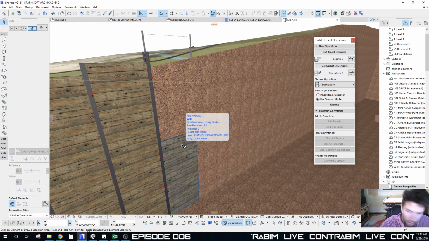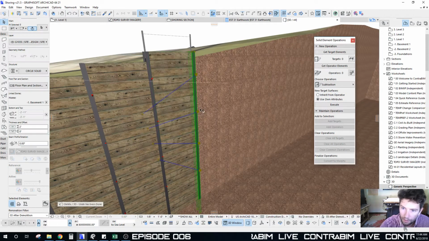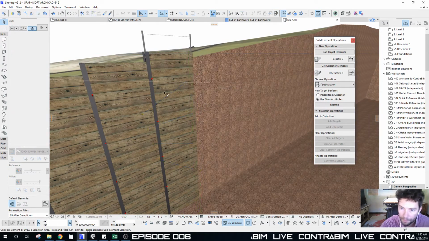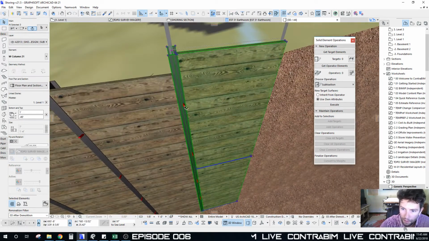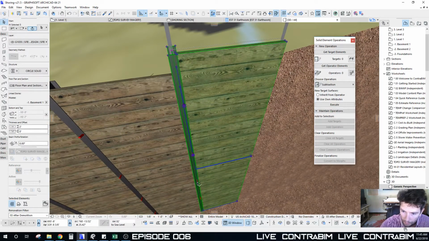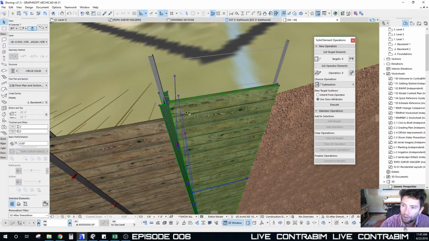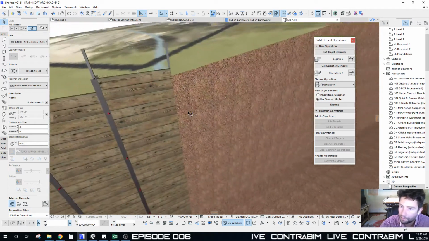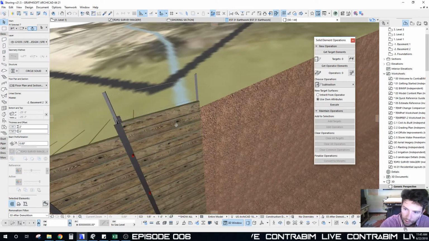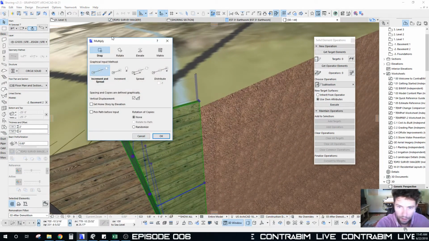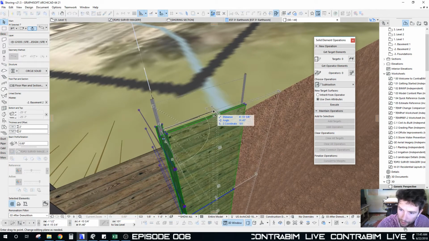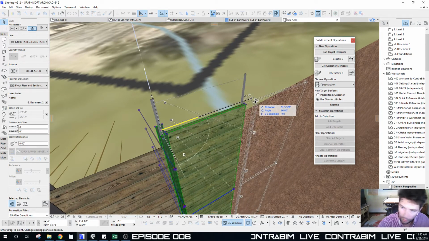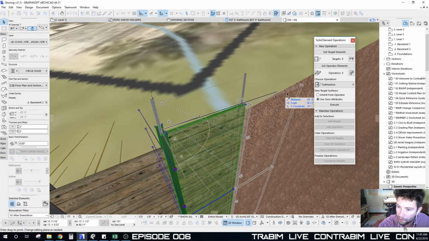So, let me undo that. We're going to leave that shoring there. And so again, if we do our same multiplication, Control U, we'll multiply, come in here, and I'm going to pull this straight over 8'4" to set my increment,